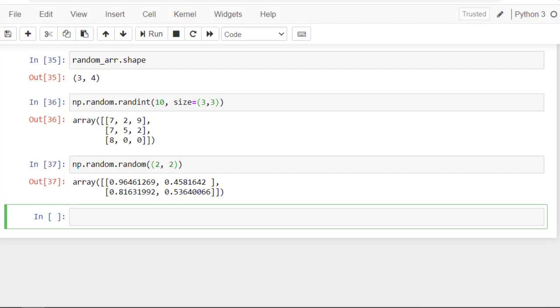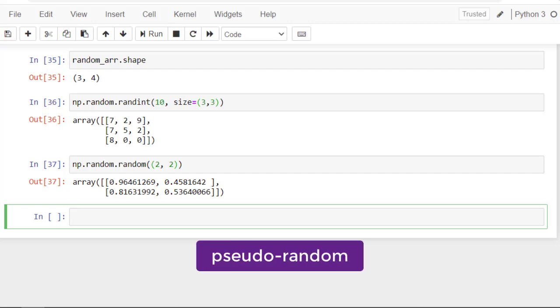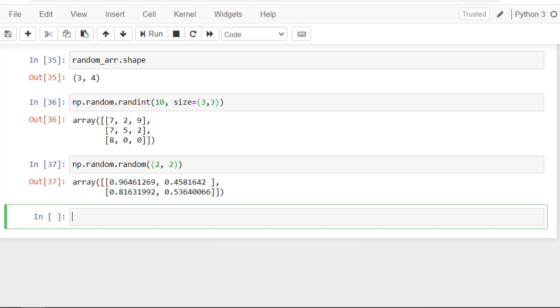Now all these random numbers are pseudo-random numbers. This means they are not really random. We can set a seed, and that will make sure that it generates the same numbers. Now you might think, why would you do that? This can be useful when you want to replicate the same dataset multiple times. So for example, when you are running some experiment, you want to have the same numbers generated every time. In that case, we can set the seed like this: